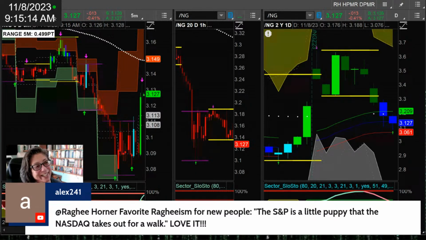The S&P is a little puppy that the Nasdaq takes for a walk. It's true. But if you're wondering, to Alex's point, when the Nasdaq takes the S&P for a walk, as we say, the Nasdaq is the dog walker, then the S&P is a dog. But what about